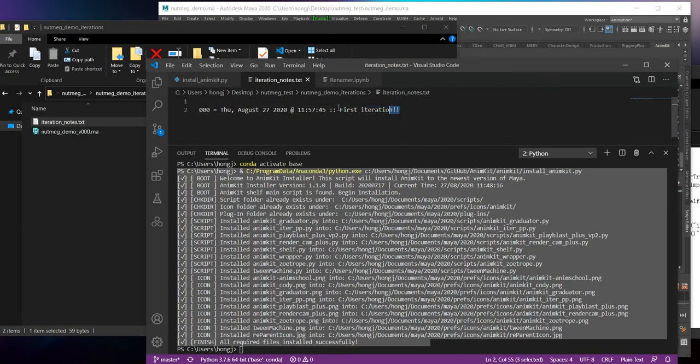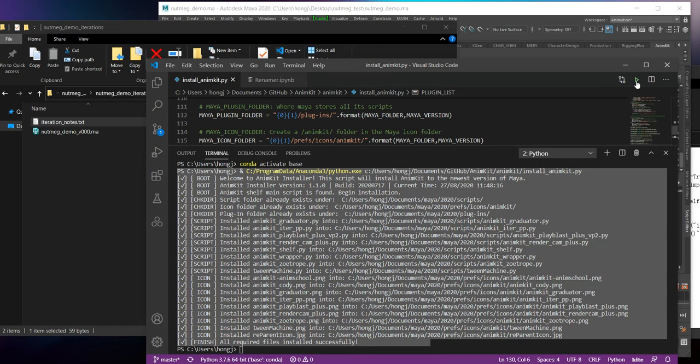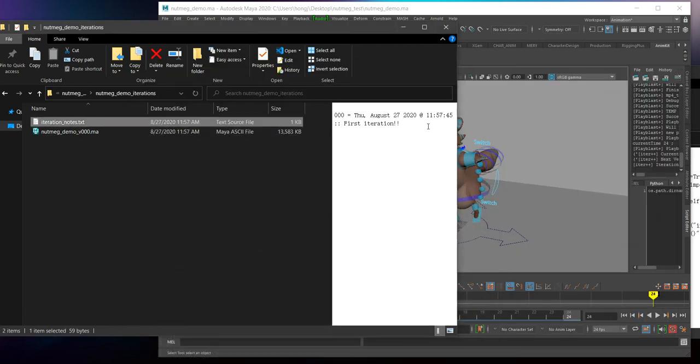I have the first iteration. So with Windows 10, we can actually preview over here, right? You can see iteration 000 was saved at this time, and the notes is first iteration. Now,